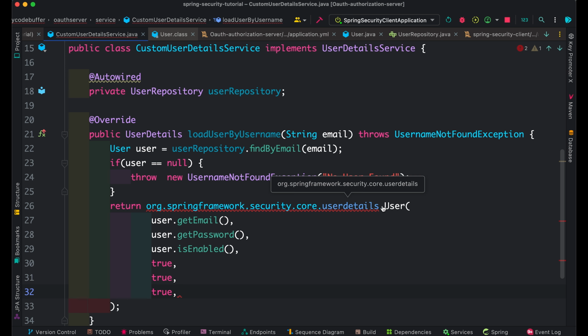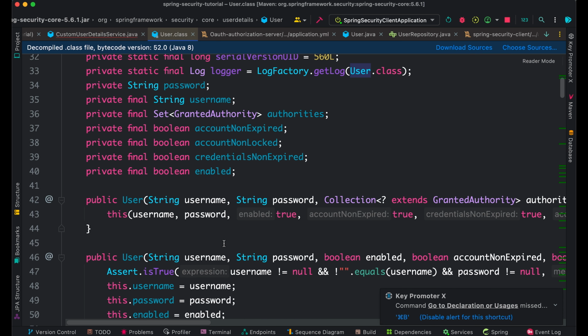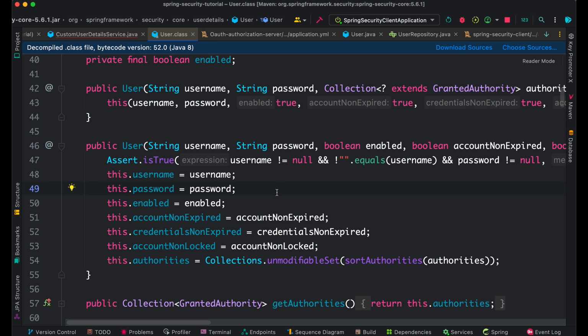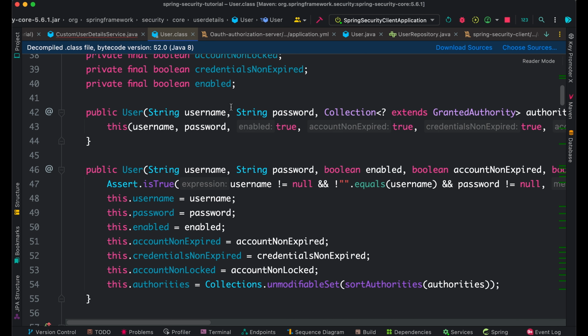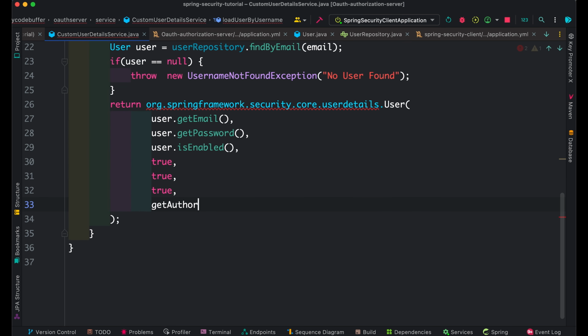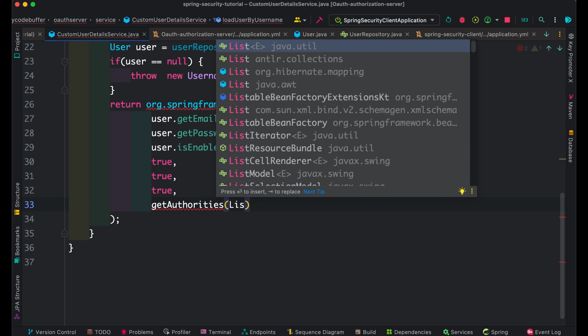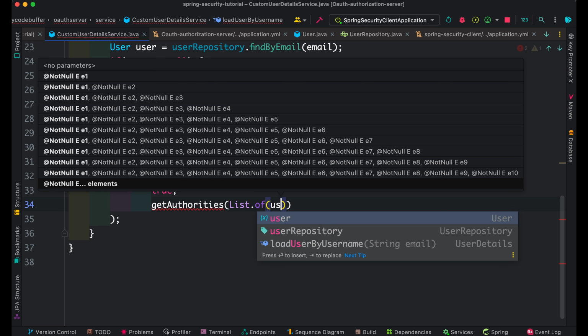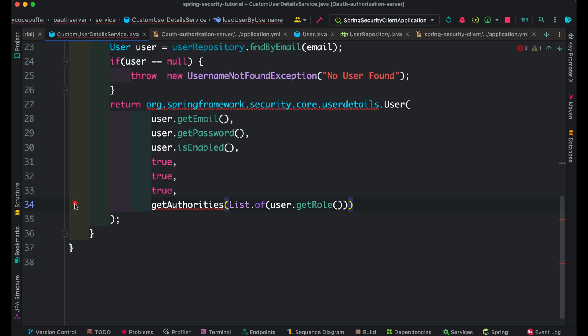Okay, and the last thing it requires is the authorities. Authorities in Spring Security are what you are authorized to use, the resources. It's just like the scopes. So let's implement the method for that as well. I'll implement the getAuthorities method, and in this authorities I'll pass List.of(user.getRoles()), and this getAuthorities, let me create this method,